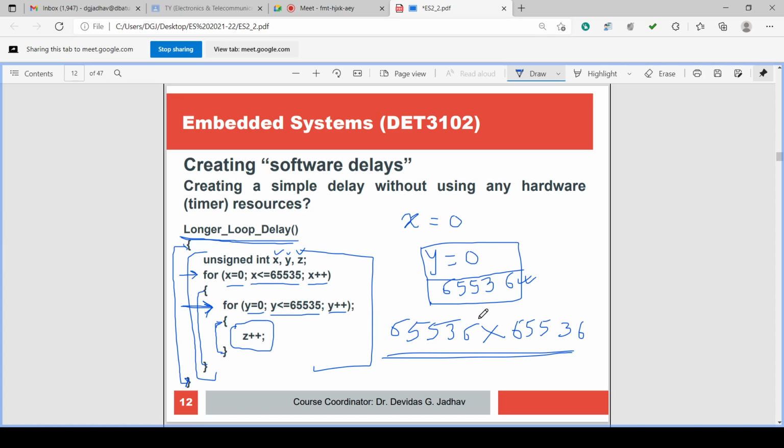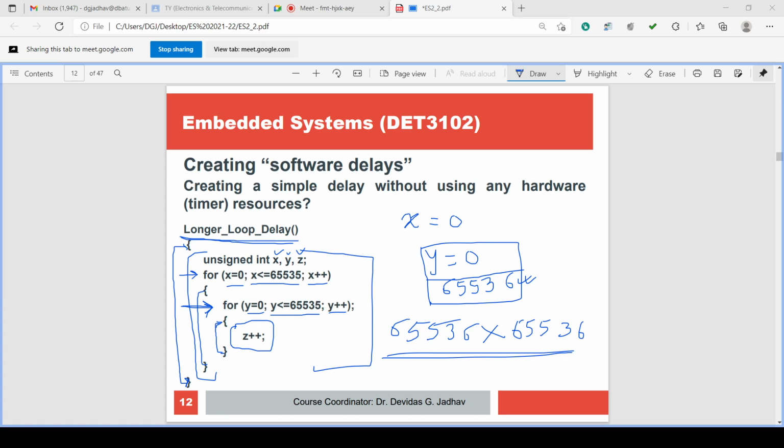Cascaded for loops. This is about writing a delay function. To know how to write the function is important, and to know how to use the for loop is also important.